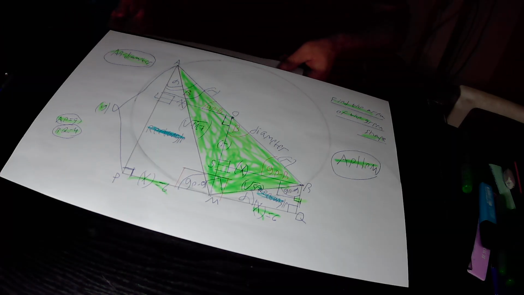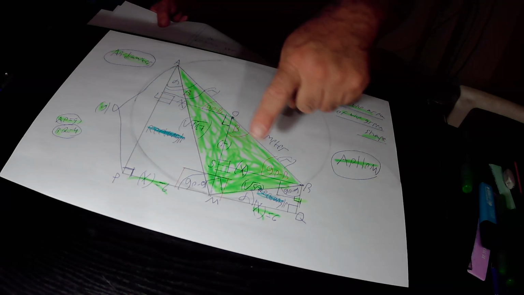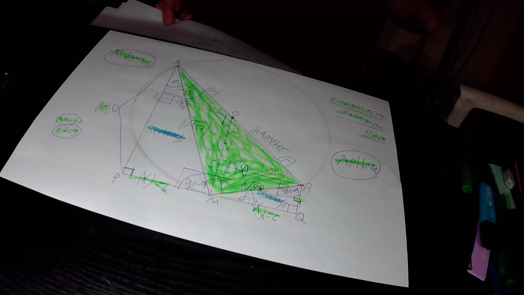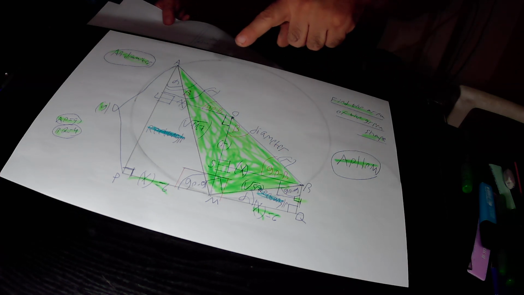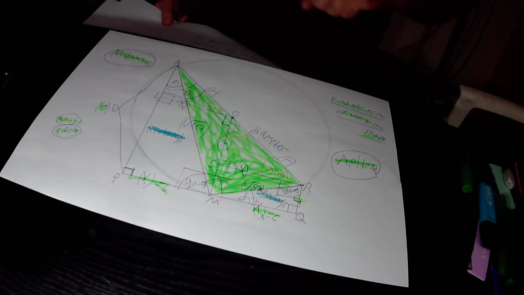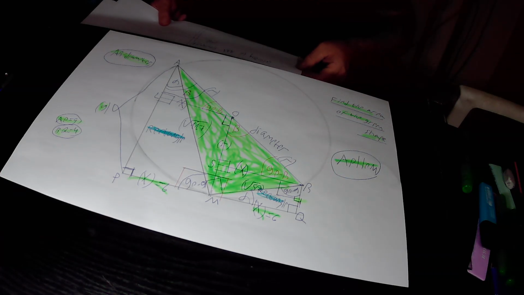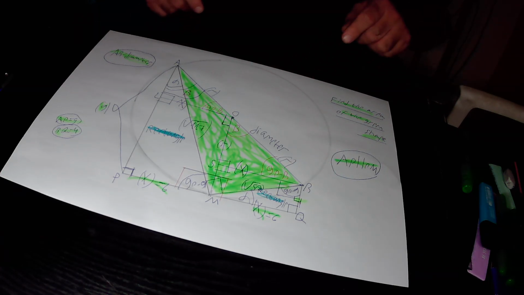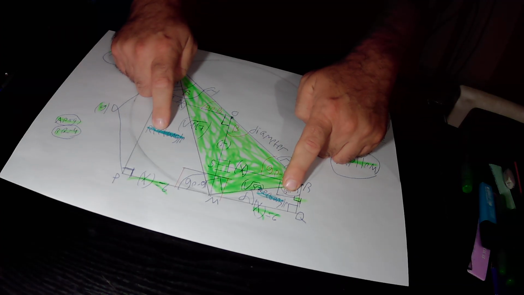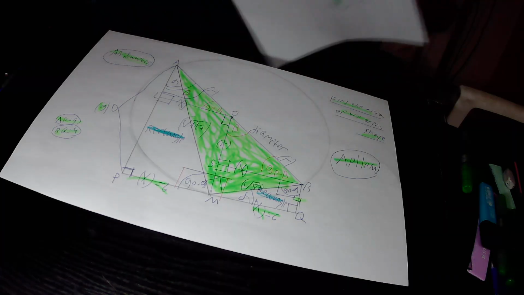We derive the side AP of the big right triangle APM or side MQ of the small right triangle BMQ is equal to side QM and side PM of the big right triangle APM or side BQ of this small right triangle BMQ. And again, from the fact that those two right triangles are similar to each other, we derive that the following relationship exists between their sides. We derive that